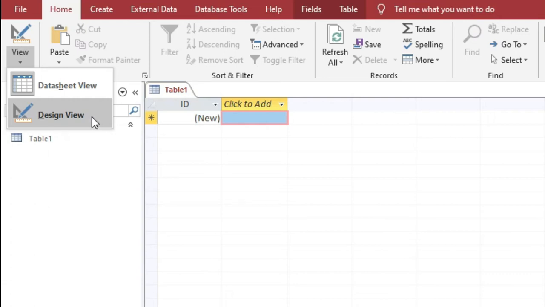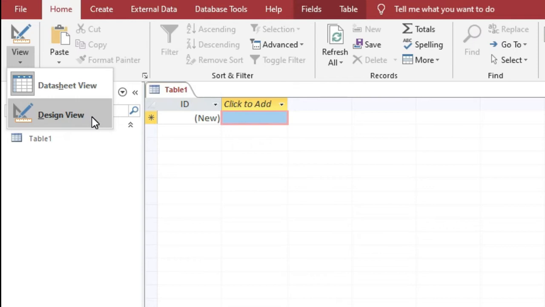We can do this by creating fields and defining their data types. Okay, so we can switch to datasheet view when we want to enter data. So actually the difference between datasheet view and design view is that in design view we need to create the structure for the table, and in datasheet view MS Access automatically builds the structure of the table.